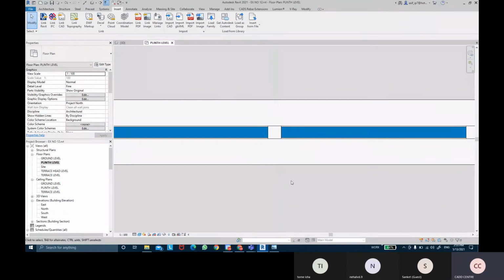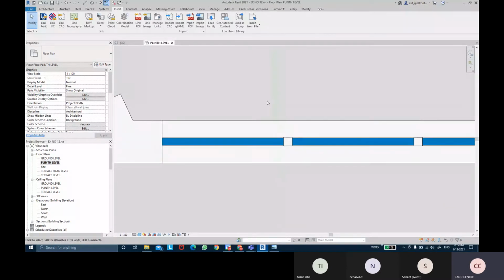Once they have been loaded into the project, now we can come into the project browser, and under the project browser, we're gonna go into the families option. Under families, we're gonna look up for something called curtain wall mullions.